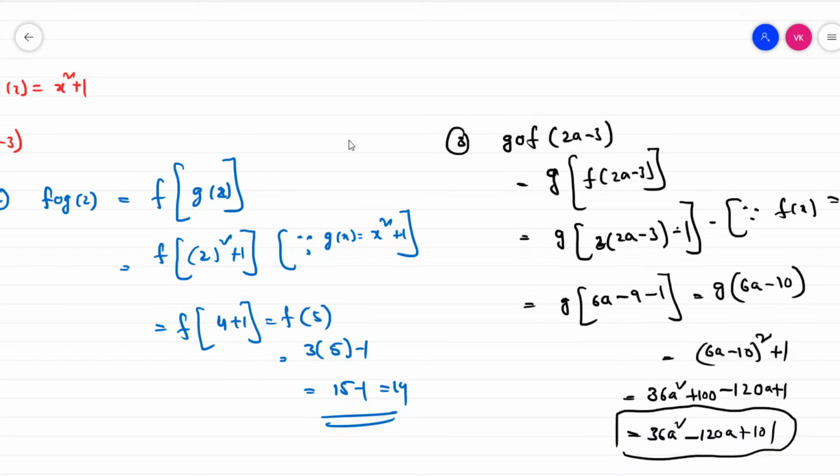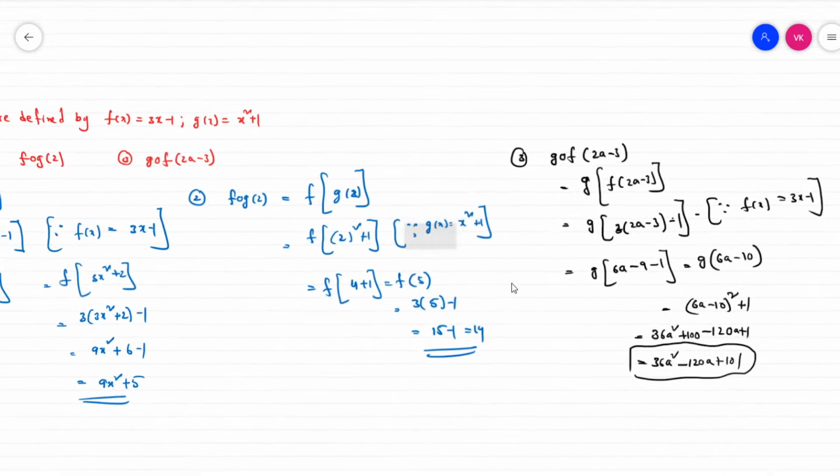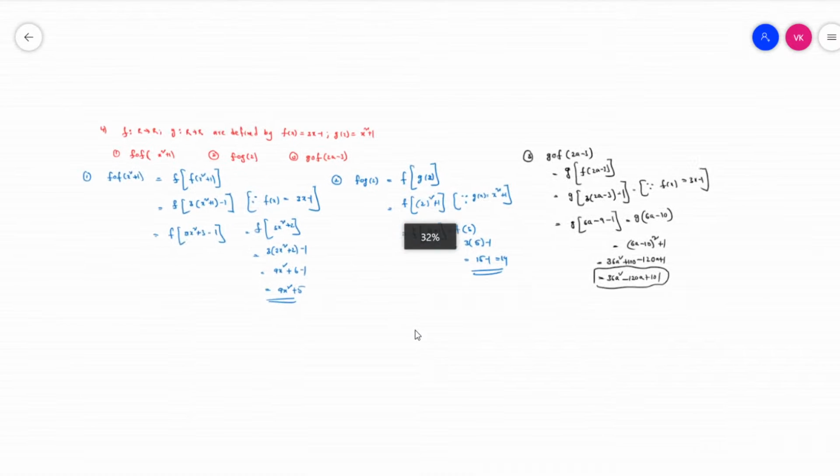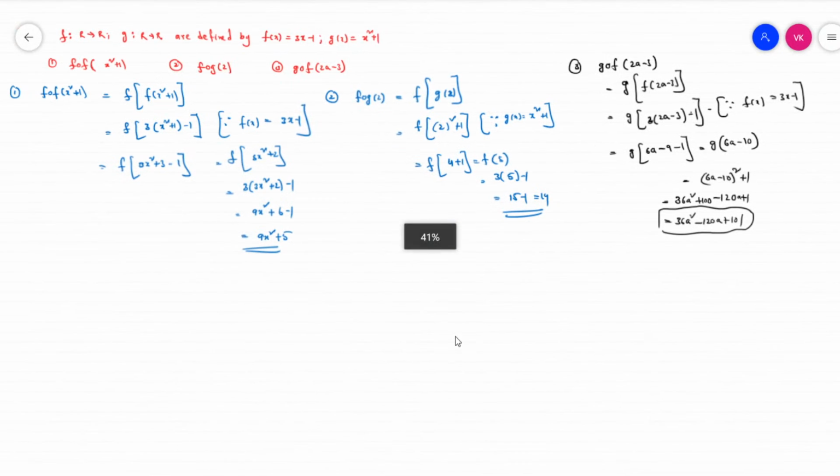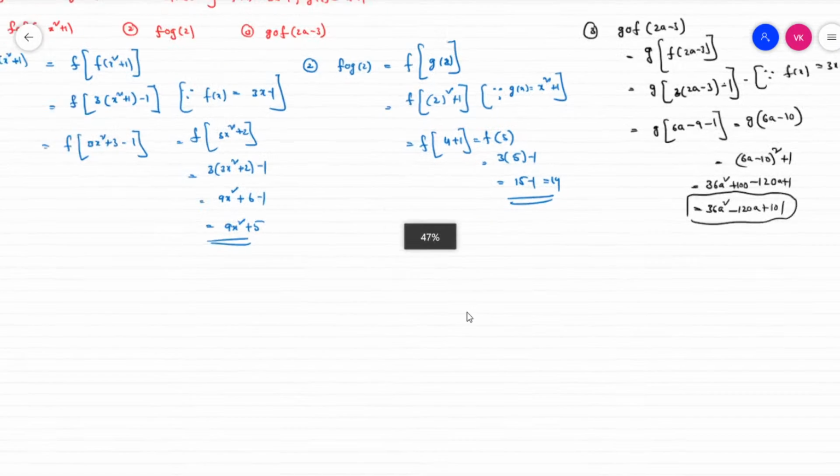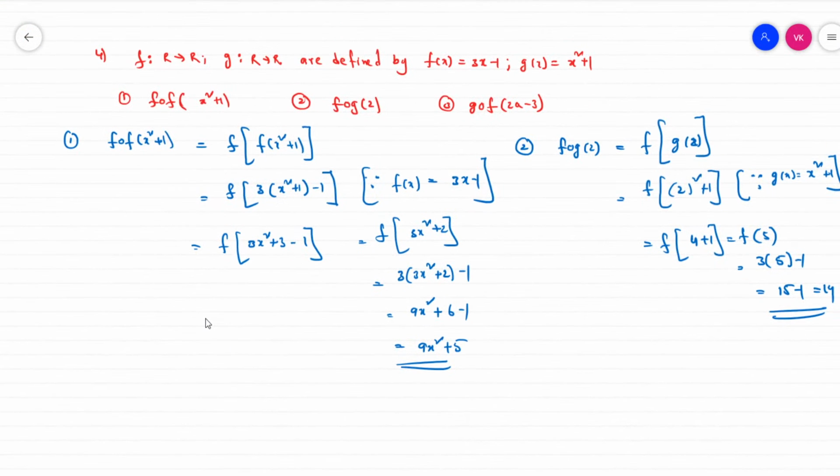So this is the fourth question completely answered here. These are the four parts in the fourth question, and let's go for the fifth one. Okay, let's go for the fifth question. The fifth question is given as